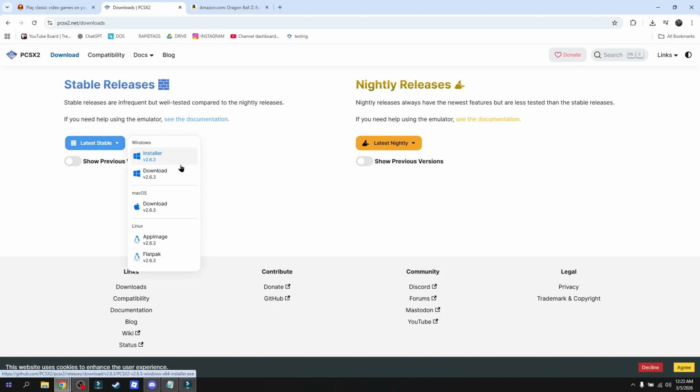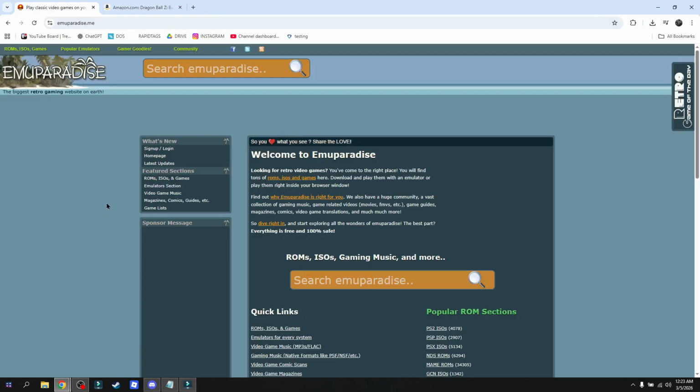If you're going to be downloading it via your Mac, then this is going to be your link. For Windows, you can choose either between these two. Once you've downloaded it, just simply install it as usual, and then you're going to need the ISO file of